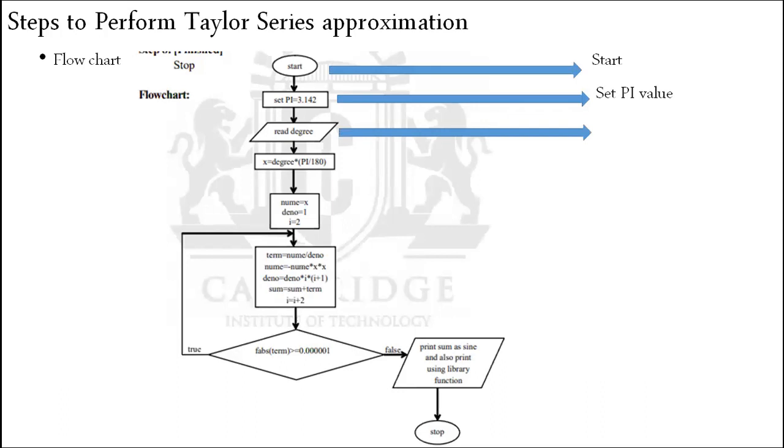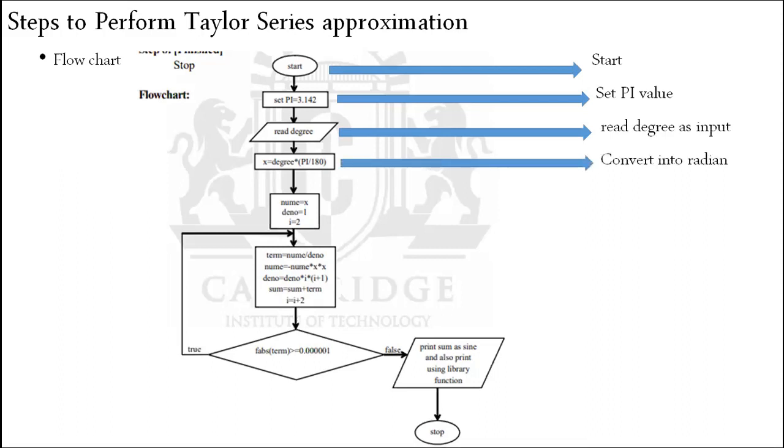After that, I'll put a message to the user, enter the degree, so that I can read the value from the user. So I'm reading a value in the form of degree. After the value is fed, I am going to convert that value to radians. This is the formula: whatever degree the user had entered, multiplied by pi by 180. If I do this logic, the degree is automatically converted into radians, and I'm saving that radian in one container. That container name, or the variable name, is x.